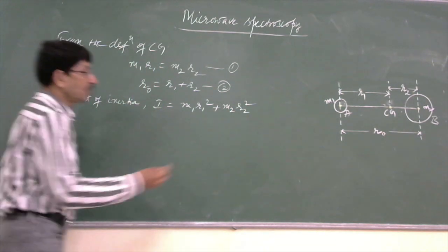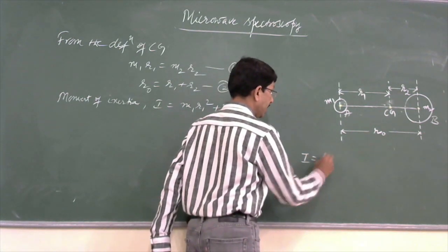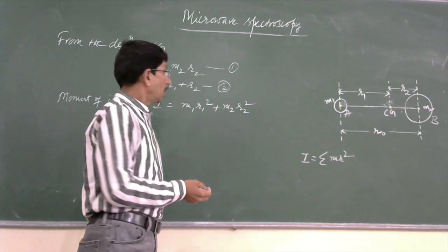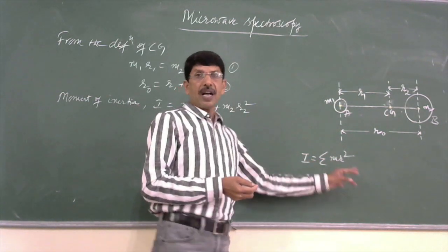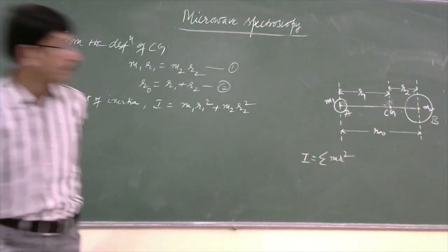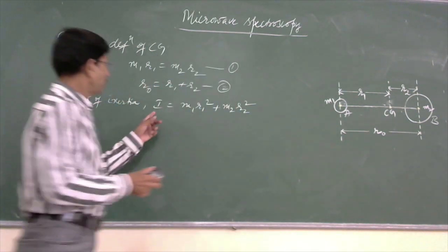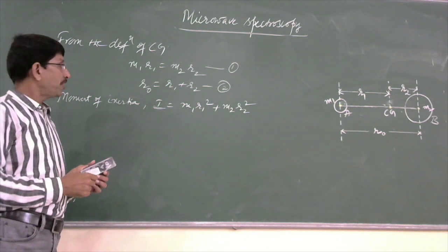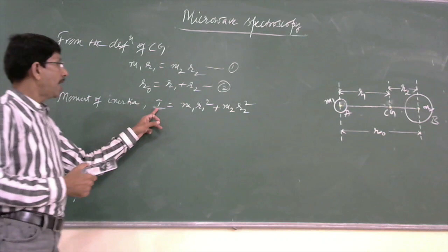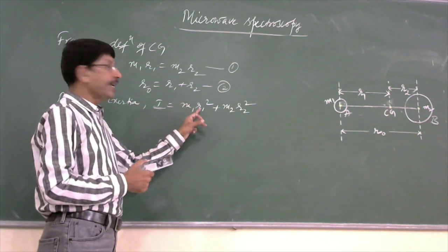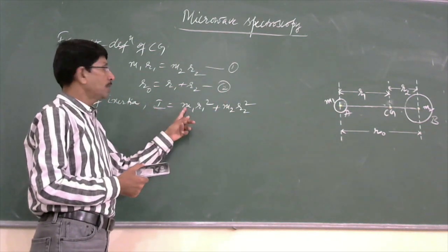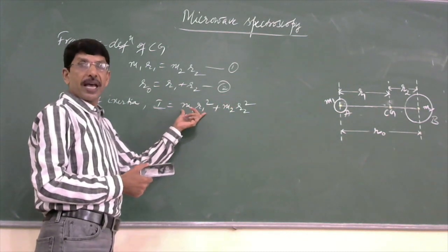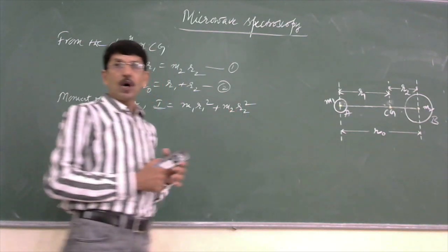Because in physics we have learned that moment of inertia is given by the summation of m r square, where m is mass and r is the distance from the center. So from the definition of moment of inertia, we can write the expression for the moment of inertia of this molecule as m1 r1 square plus m2 r2 square, because for the diatomic molecule, the moment of inertia of atom A is m1 r1 square and that of atom B is m2 r2 square,